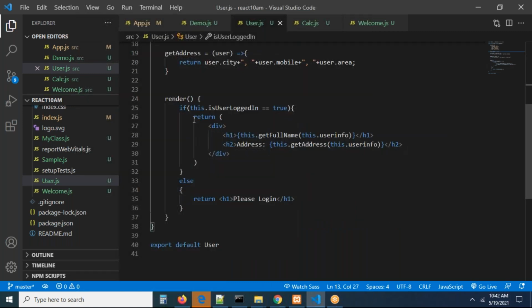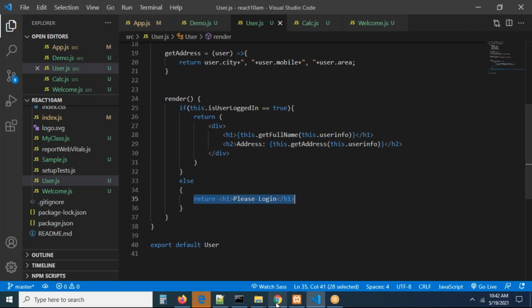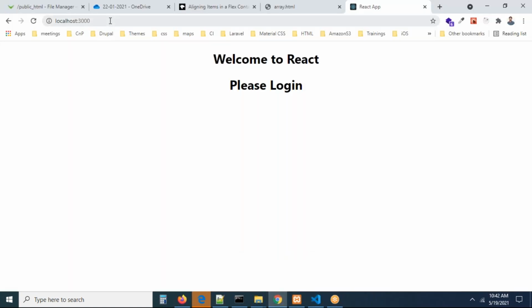I want to display one thing if the user is logged in. I don't want to display it if the user is not logged in. So something like this, guys. You need to do some practical scenarios. Okay, you can go to the official websites also. Whatever examples are given there, the same we can get.